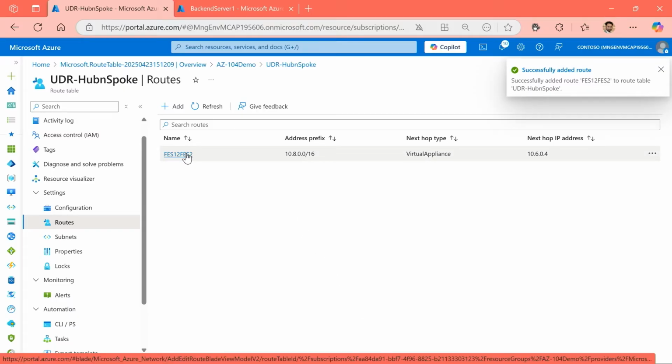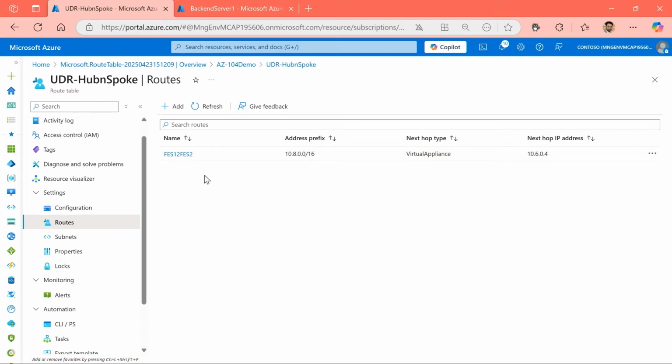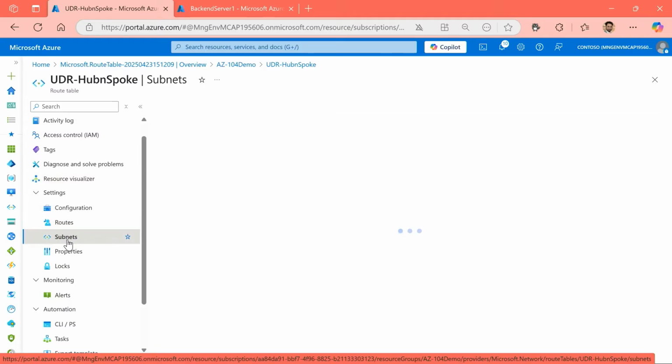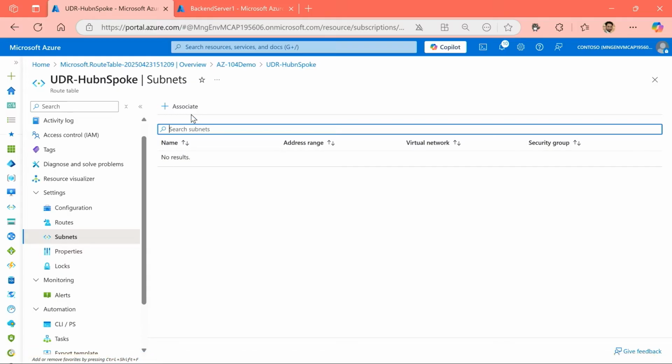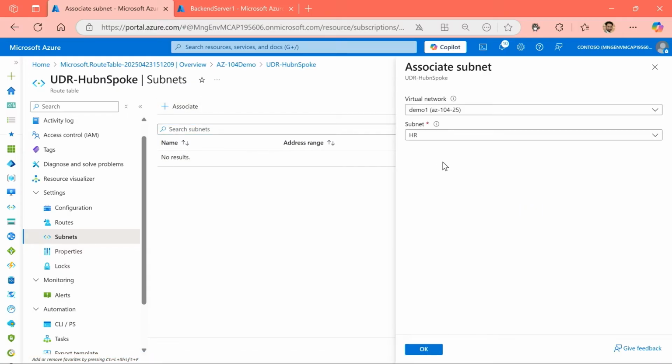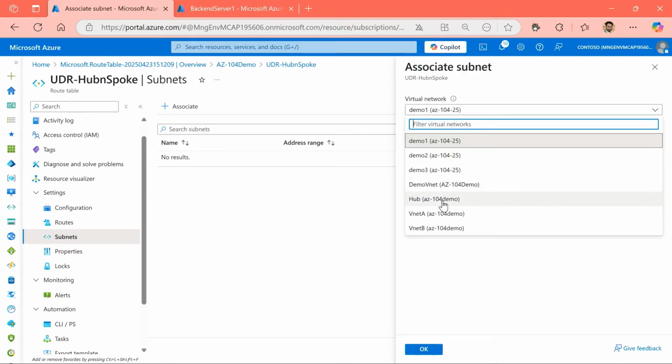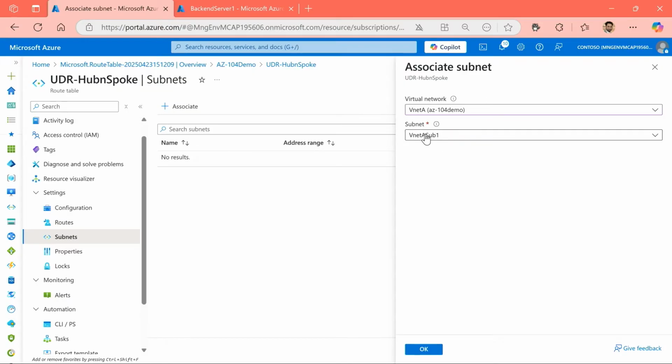Now, so far, we haven't gone into defining who's using this route or what part of my setting is using this route. And this is where we have to go into the next tab on our blade under the route tables. And this is where we define or allocate a subnet that's going to be able to use this route. So let's go and associate the subnet that we have in our virtual network A for the resource that we're working on. So let's go define virtual network A, and that's where my front end server sits under that subnet.